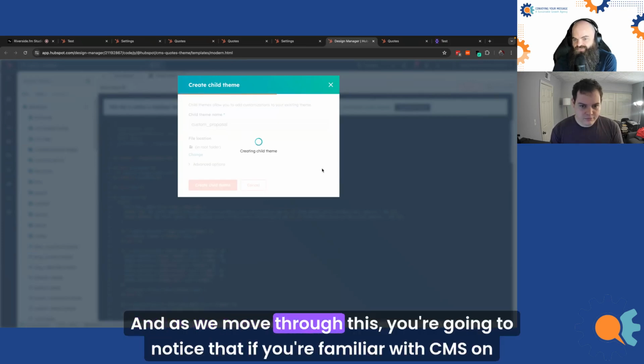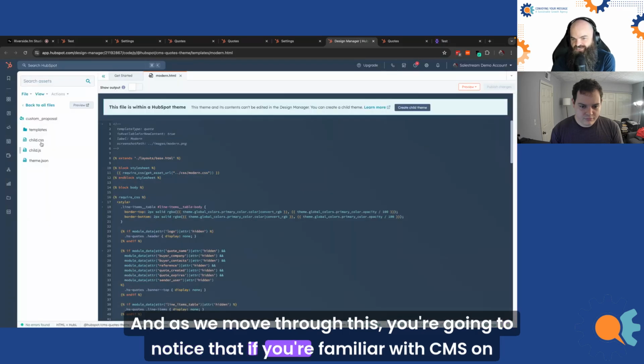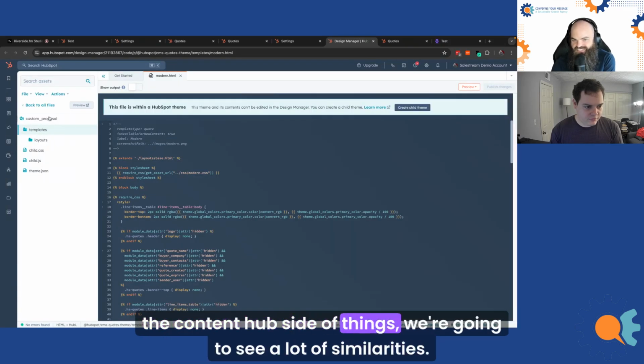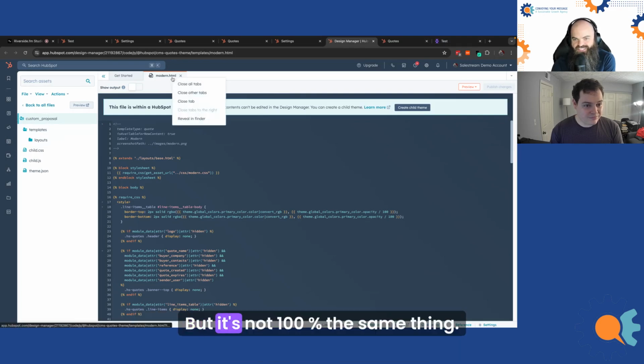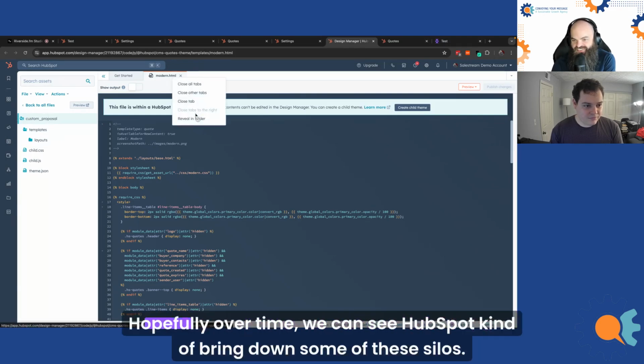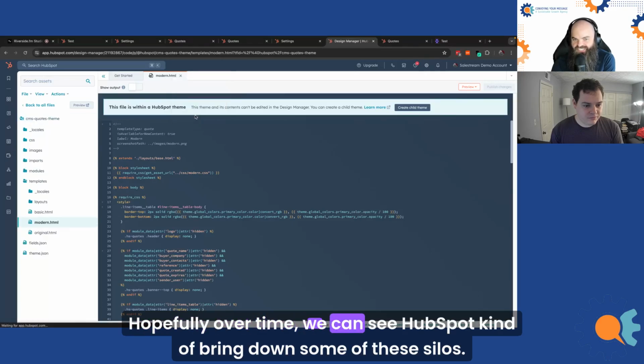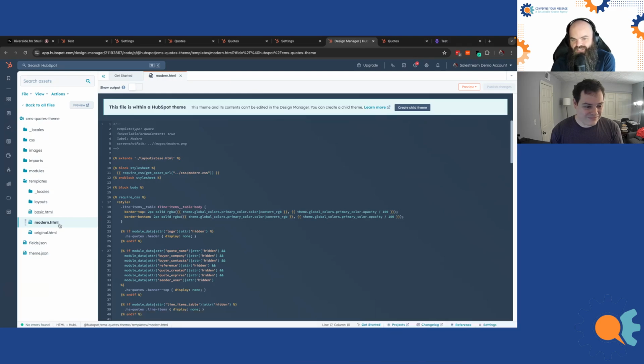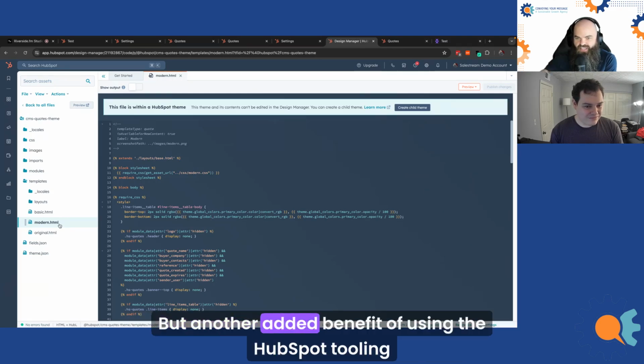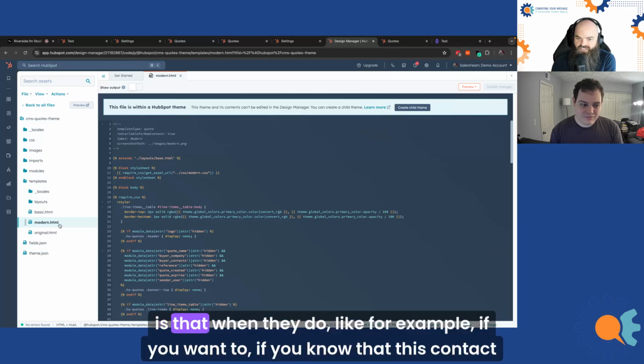And as we move through this, if you're familiar with CMS on the Content Hub side of things, we're going to see a lot of similarities, but it's not 100% the same thing. Hopefully, over time, we can see HubSpot bring down some of these silos. But another added benefit of using the HubSpot tooling is that when they do, for example, if you